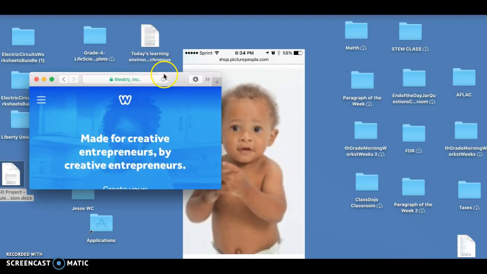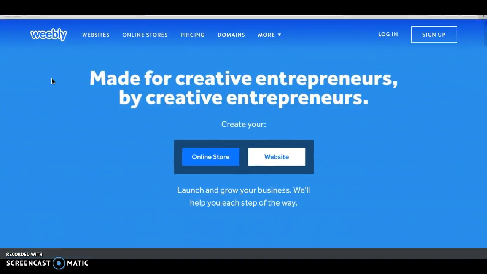All right, we are now ready to begin creating our Weebly blogging site account. So the first thing you need to do is to open up your search engine. You can use Google, you can use Safari, you can use Firefox. Either one of those works just fine. So you want to go ahead and type into your toolbar or your search engine bar